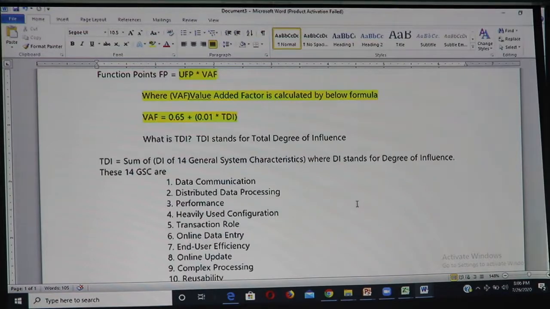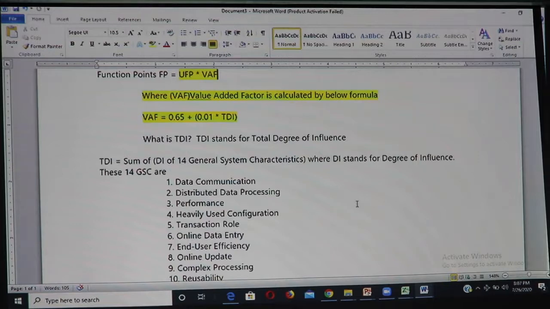Within data functionalities we saw ILF and EIF. In transaction functionalities we saw EI, EO, and EQ, and then we saw how the complexities for each of these need to be calculated based on 5 tables to arrive at unadjusted function points, and then how to calculate function points from unadjusted function points. So this is how the overall function point analysis is done, and this is how the size of software based on function points is calculated.